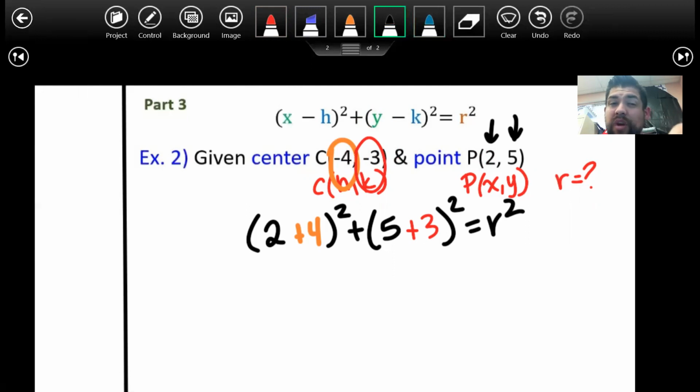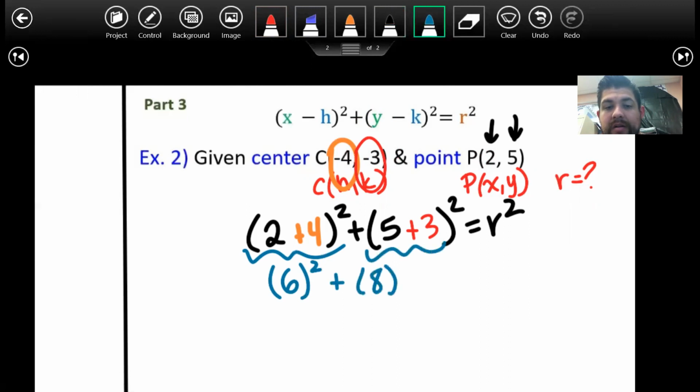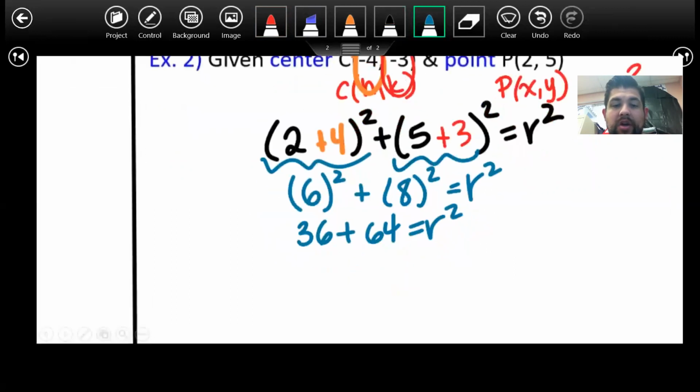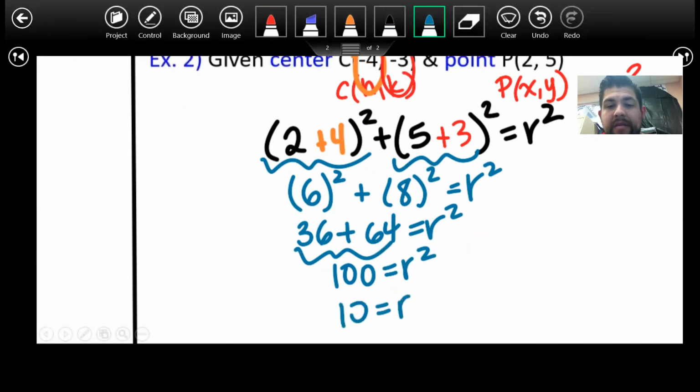So all you got to do, this is really a calculator part, but if you really want to solve this out, this would be 6 squared plus 8 squared is equal to R squared. You're going to get 36 plus 64 is equal to R squared. We're going to get 36 and 64 is 100 is equal to R squared. Take the square root. Now, whenever we take the square root, we always say that we have a plus or minus, right, square root. But in this case, we cannot have a negative radius, so it only has to be